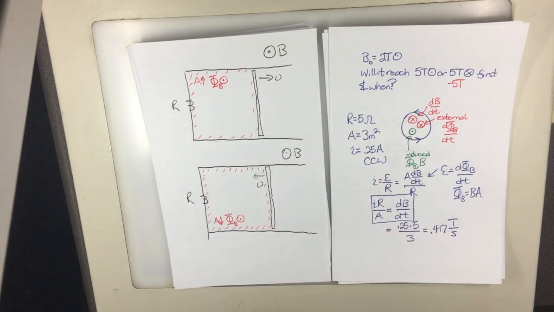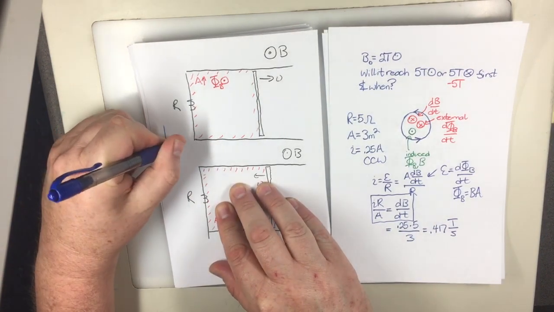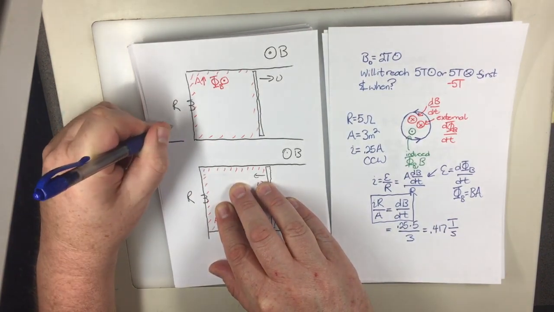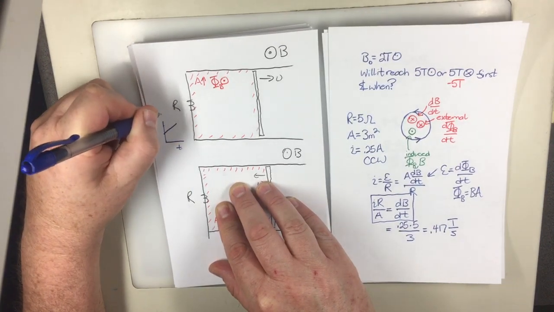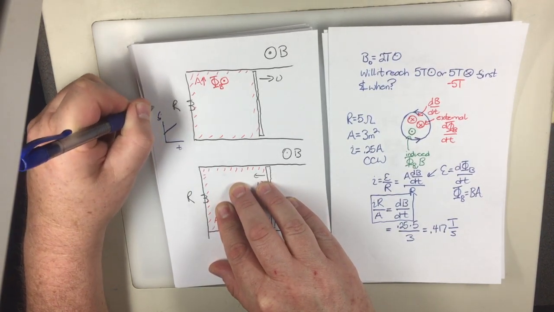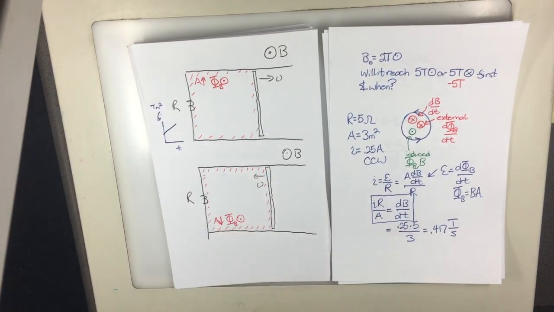Initially it's 2 Tesla meters squared, then 3 Tesla meters squared. So if I draw this, that magnetic flux is increasing,